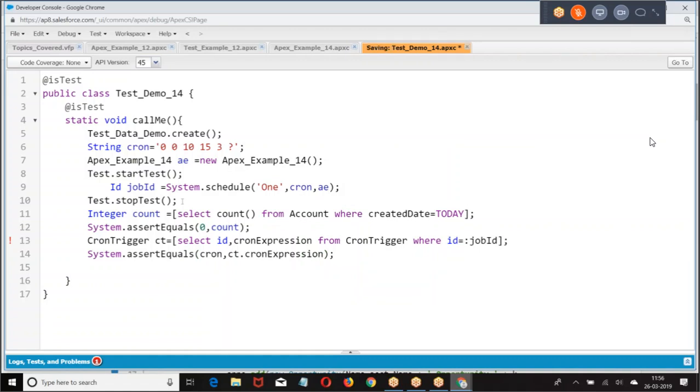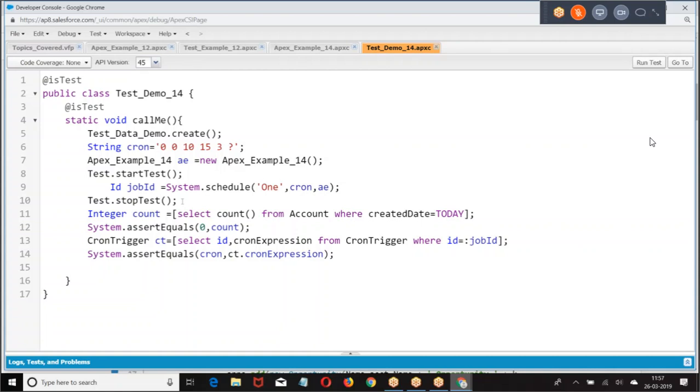At what time I scheduled it and at what time it registered, both of them should be the same.